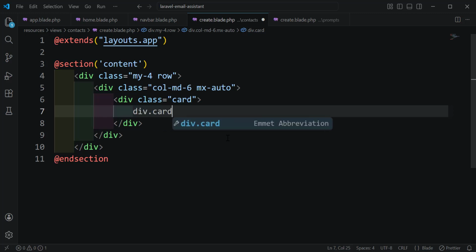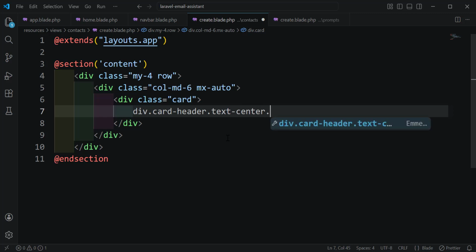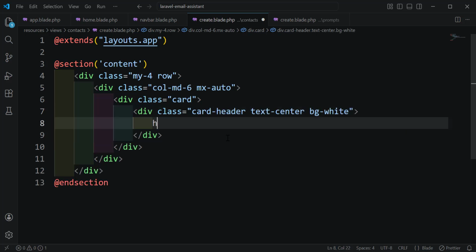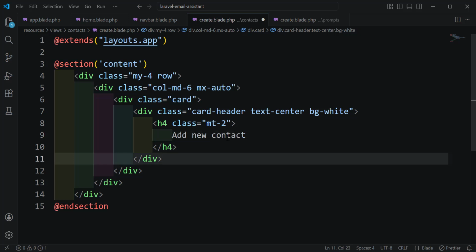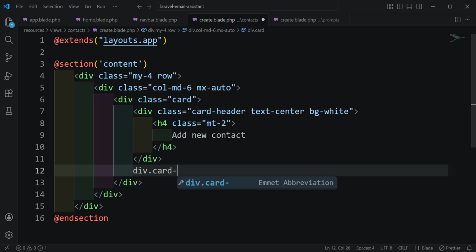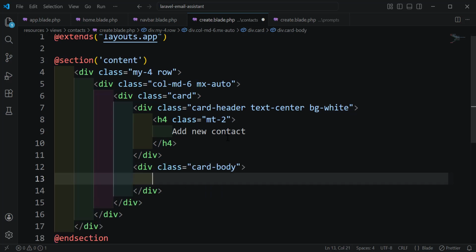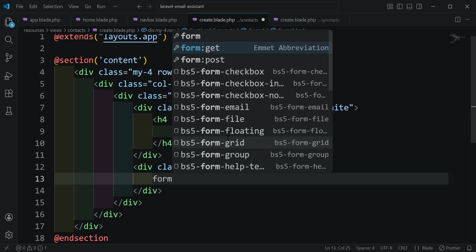and another div with a card header, and text-center. Let's add center, and also bg, bg-white. Inside we have an h4 with margin top of 2, and here add New Contact. What else do we need? We need another div with card body, and inside we have our form, and the form will